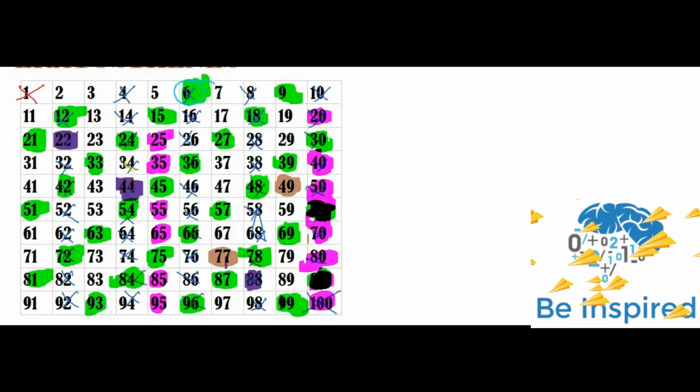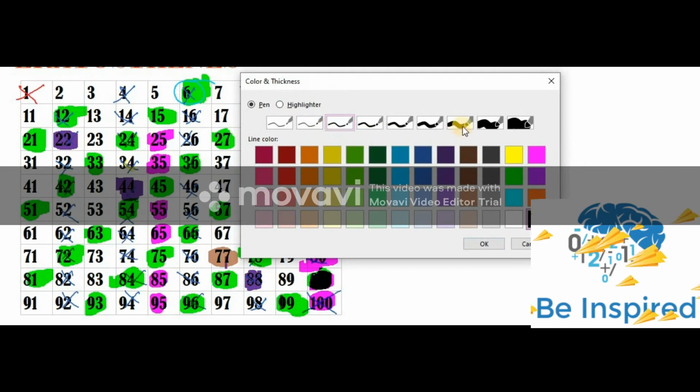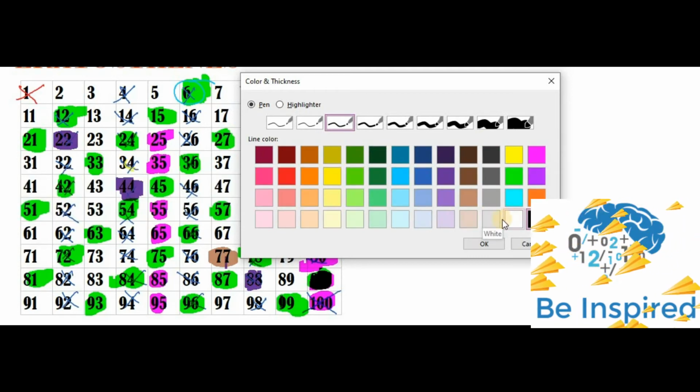Now the numbers which are left over, we will circle with the black pen. Okay, this is black.